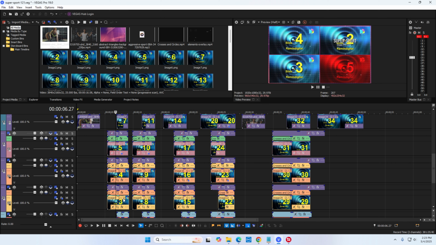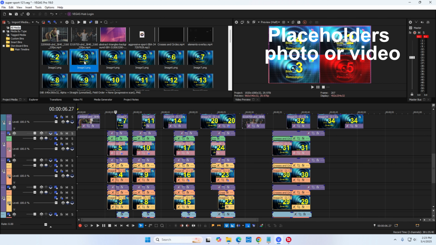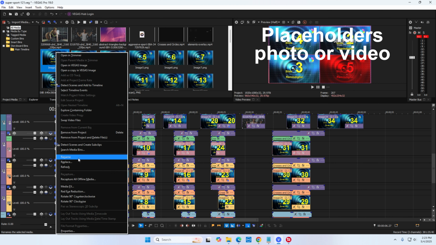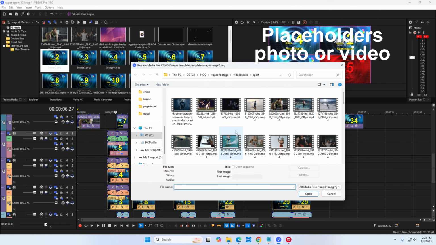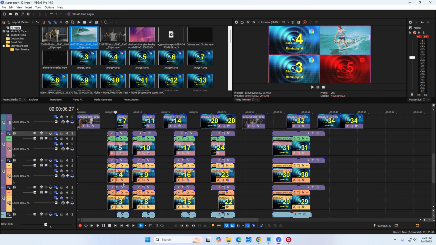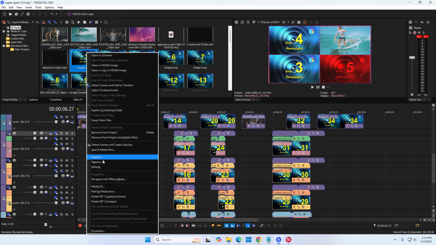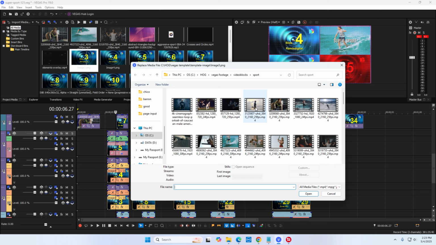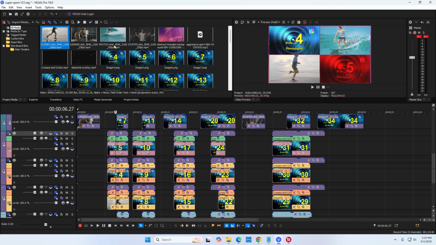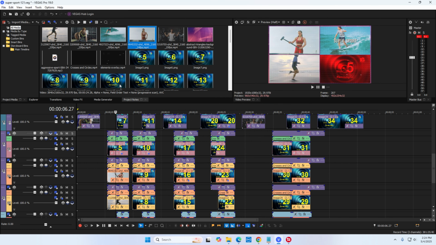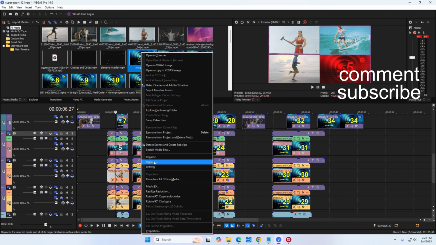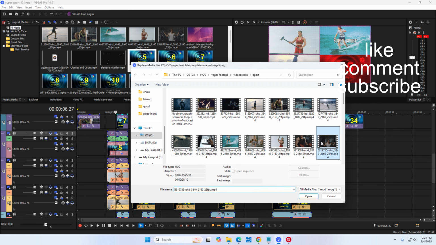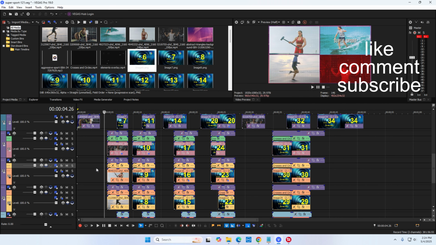You see this one, it's got placeholder 2, 3, 4, 5. So in this case, you select 2, replace, select your image, and then 3, replace, select your image, and 4, and also 5. So this will replace all of the 5 segments in here. So now if you play your timeline,